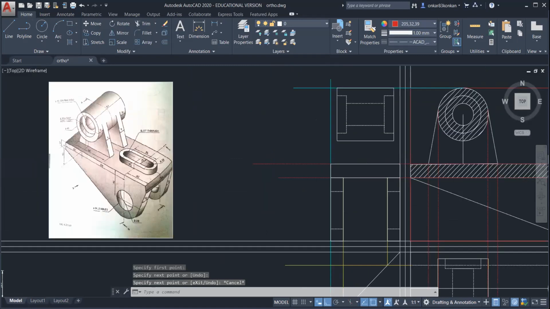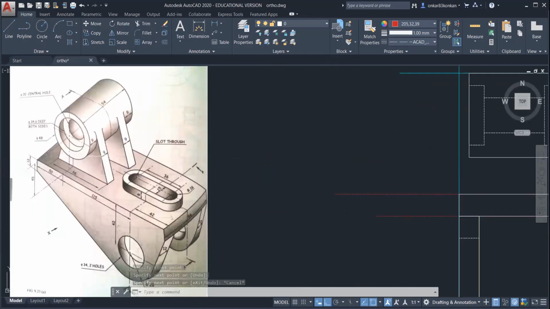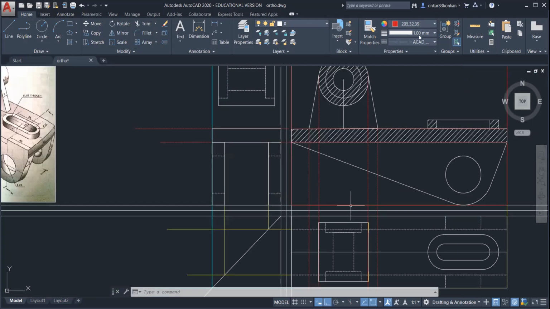Okay, so this rib, its width is 9 mm, so that is visible in the top view. So basically it will be a rectangle, or similar to the rectangle. It is having the width 9 mm, and it is from 9 mm distance from this edge. Okay, so you can select the line.